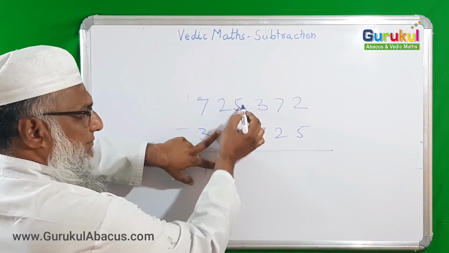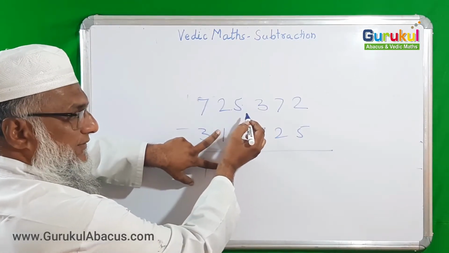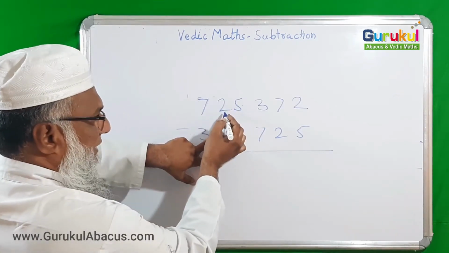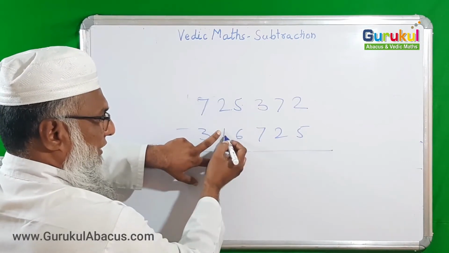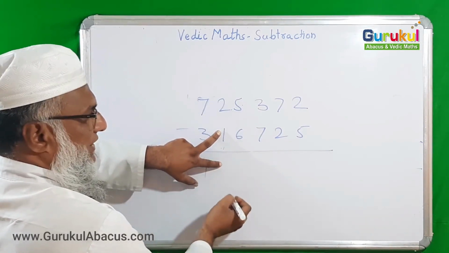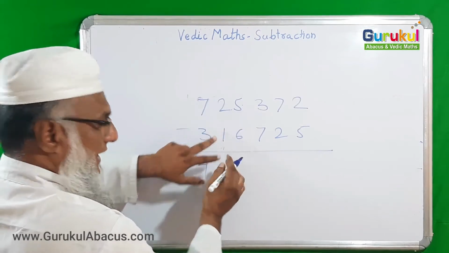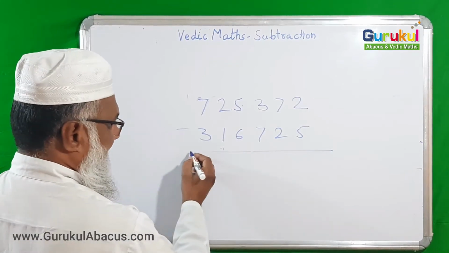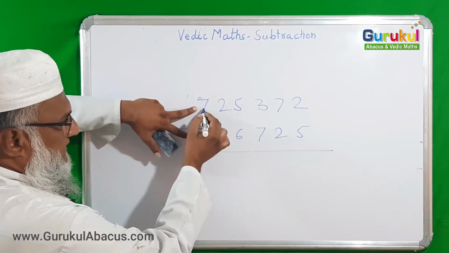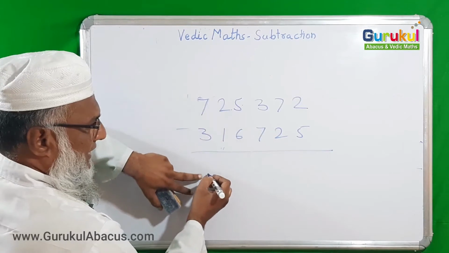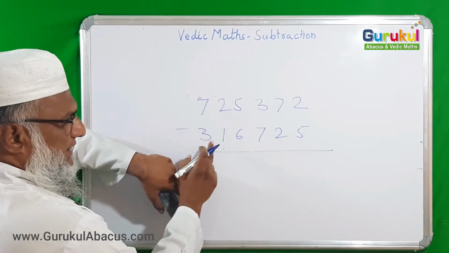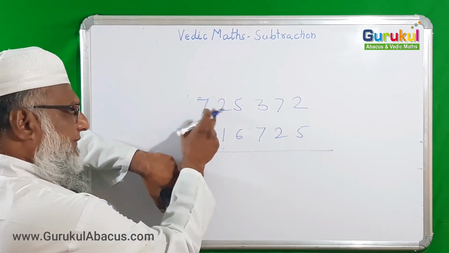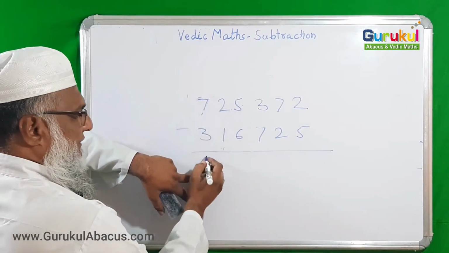If this 6 is bigger than 5, it means 6 cannot be subtracted from 5. So here I am not directly taking 2 minus 1. Apart from 2, one more 1 I am taking, so 2 minus 2, 0. Again I am going to proceed properly so you will understand more. Before writing 7 minus 3, 4, I should see whether I can easily subtract this digit from this. If yes, then directly write 7 minus 3, 4.